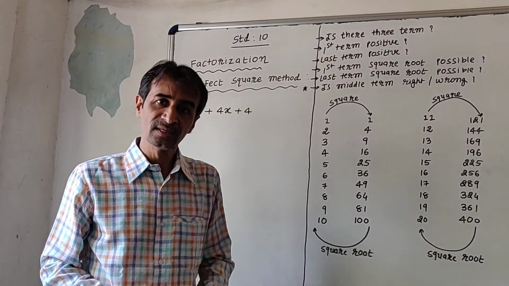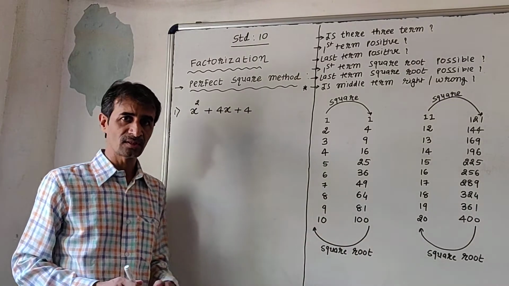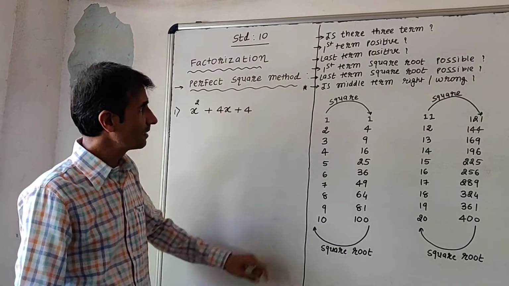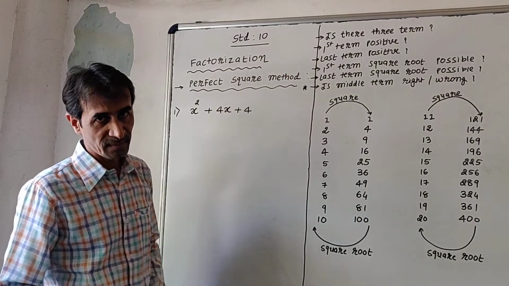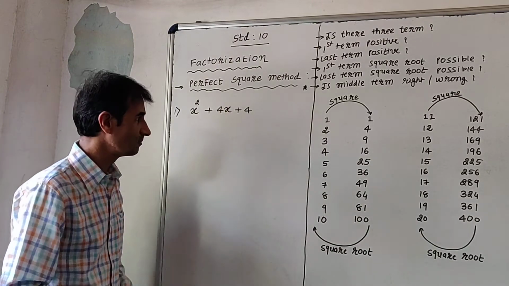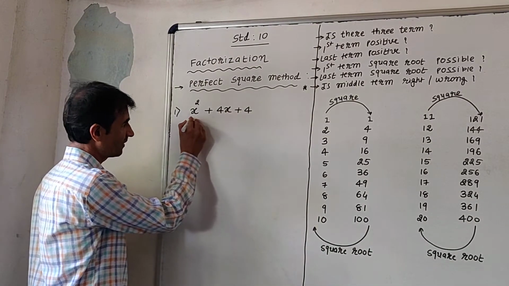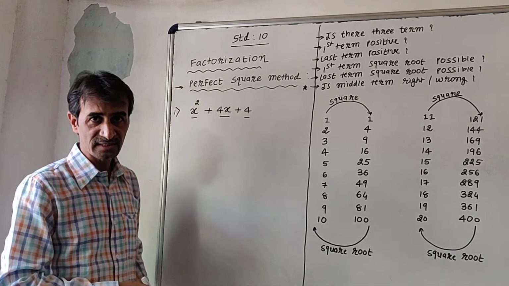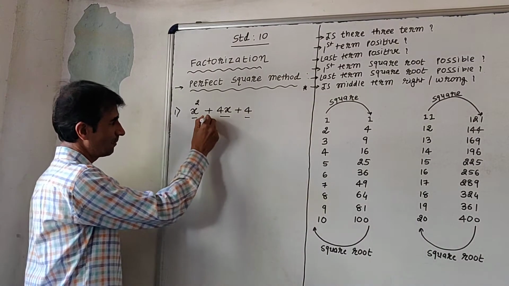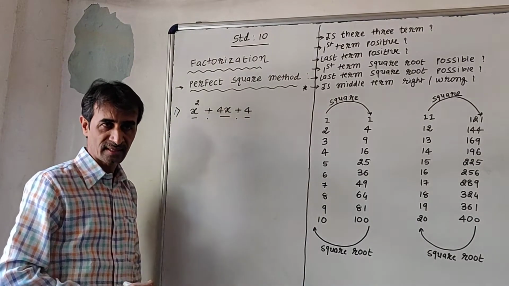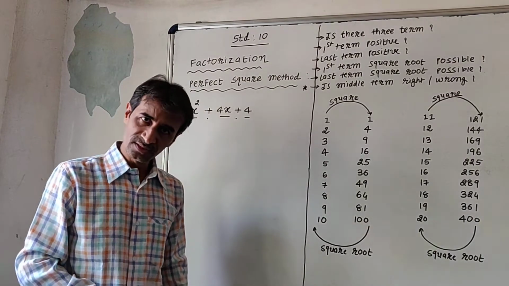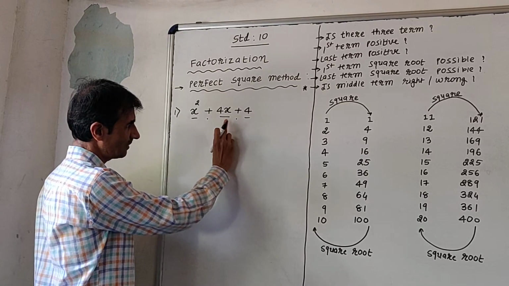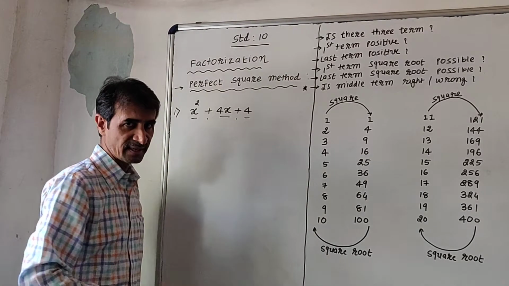for the factorization, then I want to ask some questions of this sum. Now you can see the questions are on the board. The first question is: are there 3 terms? Now I want to check here: this is my first term, this is my second term and this is my third term. How can we say these are 3 terms? When the plus or minus sign comes, at that time we can say that the term will change. So you can see very well, this is my first term and the sign, this is my second term and the plus or minus sign, and this is my third term.